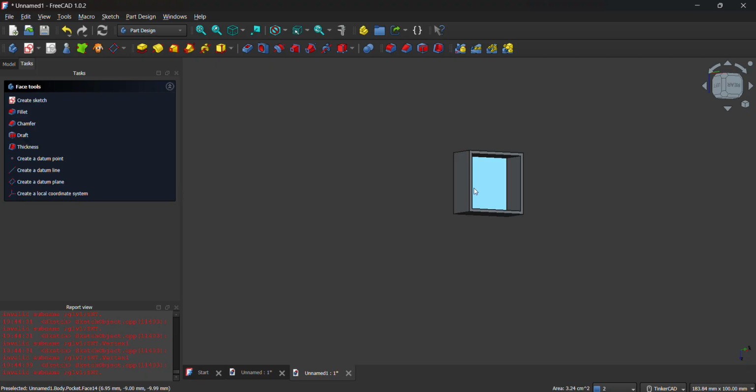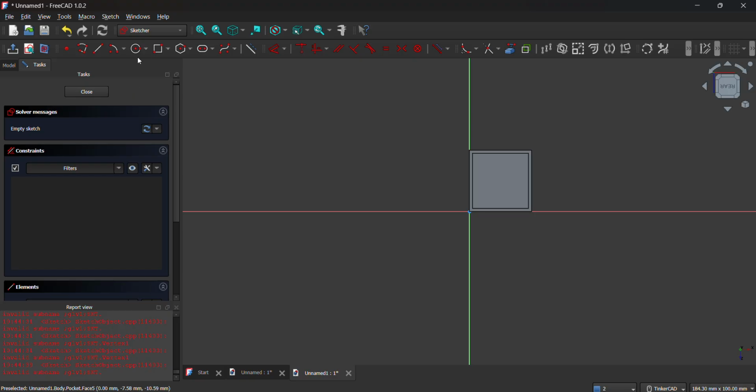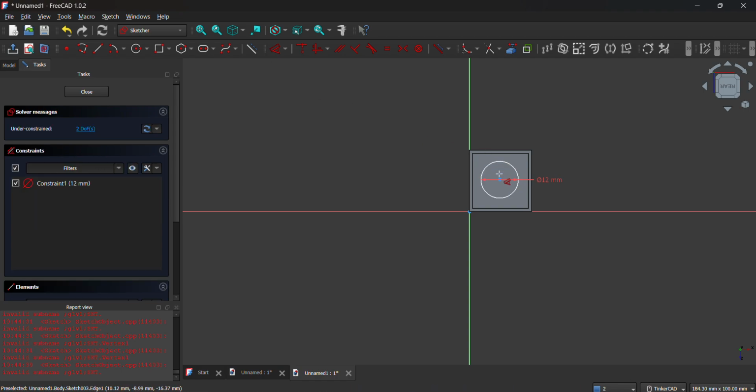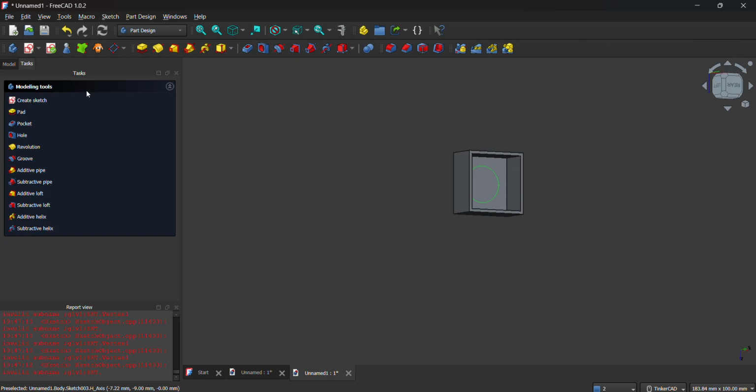Okay, let's create a sketch here. Of course, the first step is click the plane and then create a sketch. Then, just like what we did a while ago, which I erased because it's not yet the step, let's create a circle that is 12 millimeters. Make sure it's at the center by clicking this one, and it must be 10 millimeters. And this one and this one must be another 10 millimeters. So it's green. So it's a signal to proceed to the next and close.